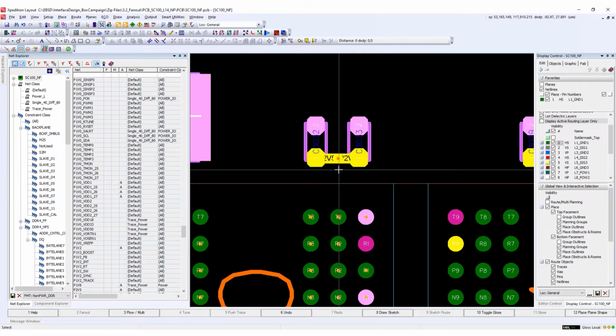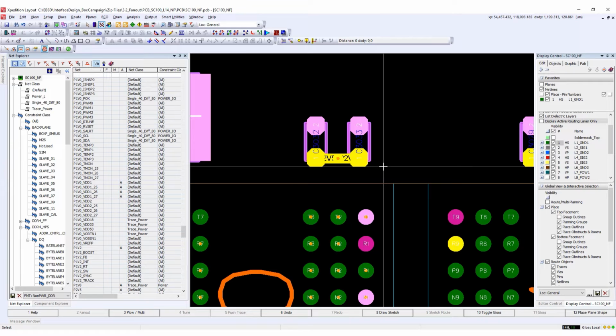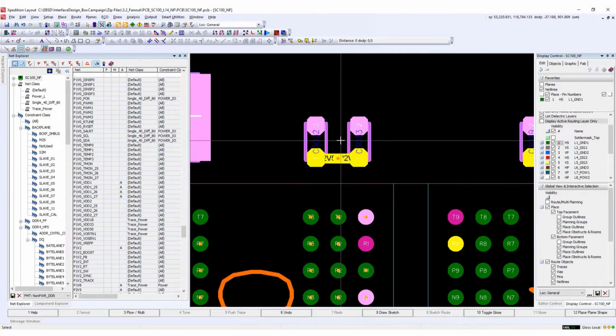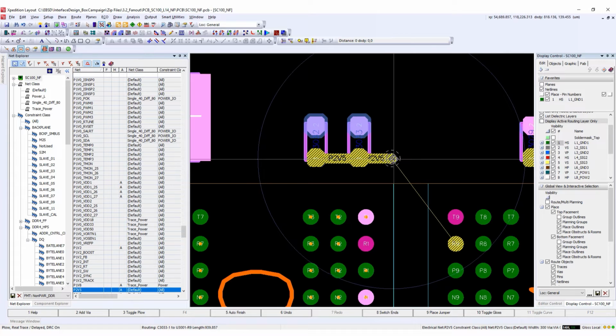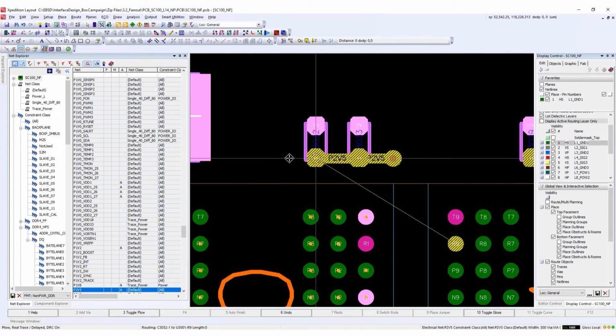The via merging capability can be advantageous for signal nets in order to reduce the number of vias in the path for signal integrity. And for a power net, we would likely require multiple vias to distribute high power and lower mounting inductance. So we could explicitly prohibit via merging for power nets. In this case, that might be what we want to do, so we could delete this via and simply connect these nets here. Maybe we want to have separate vias for each one of these components.